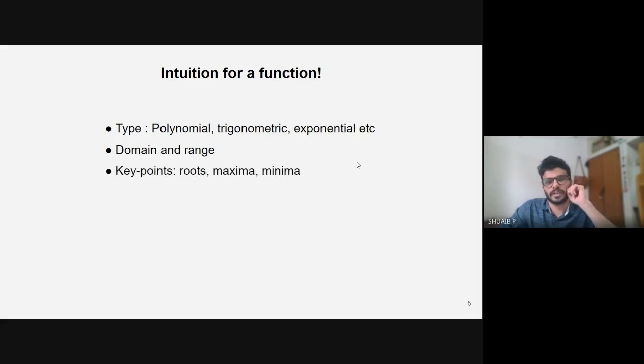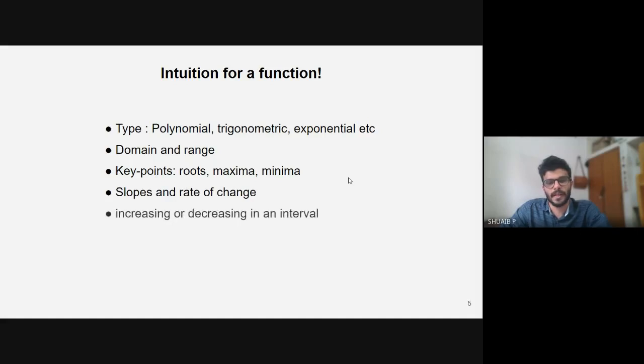And we can get the key points of that function, like roots, maxima, and minima. And you can see how that function is changing in different intervals, what the slopes of that function are, what the rates of change of that function are, and how that function is increasing or decreasing in different intervals. And using all this intuition, we can draw that function. So in this tutorial, we'll be